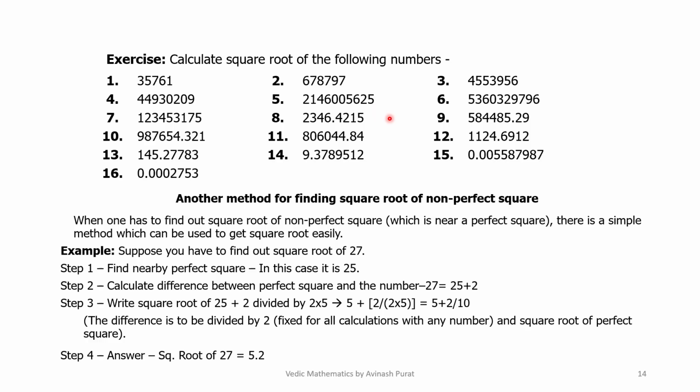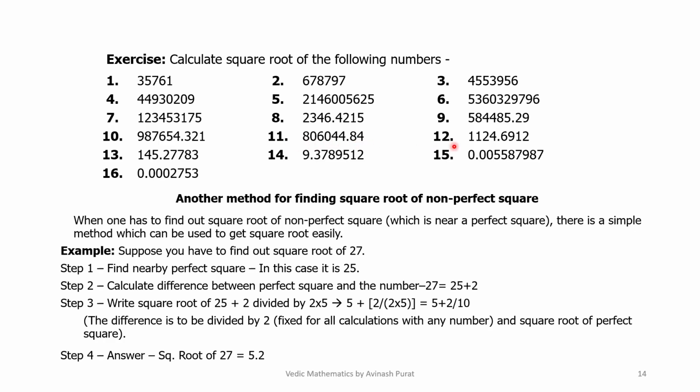sixth is 5360329796, seventh 1234533175, eighth is 2346.4215, ninth is 584485.29, 10th is 987654.321, 11th is 806044.84,